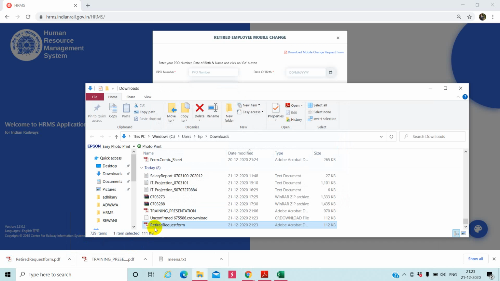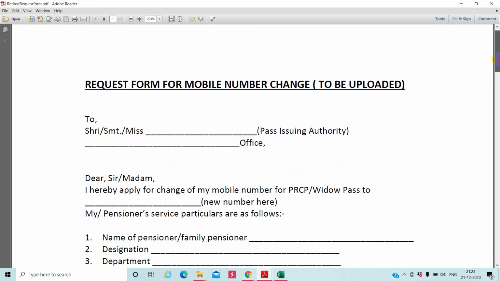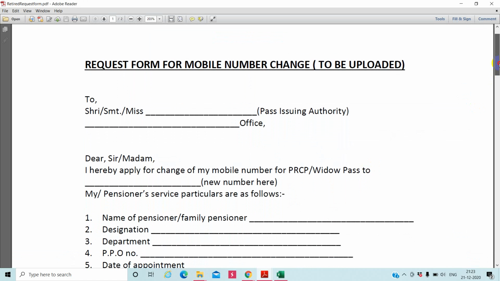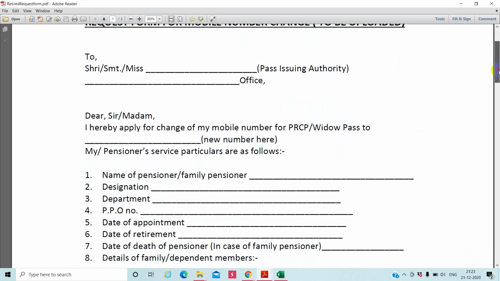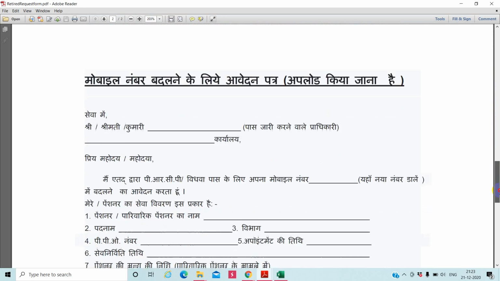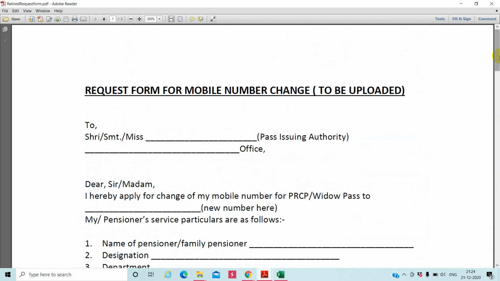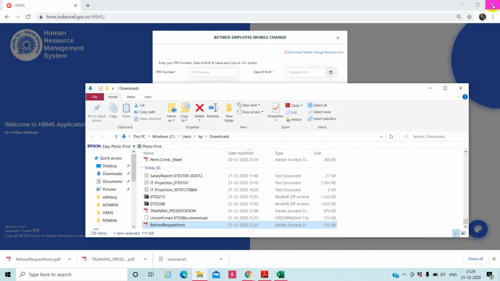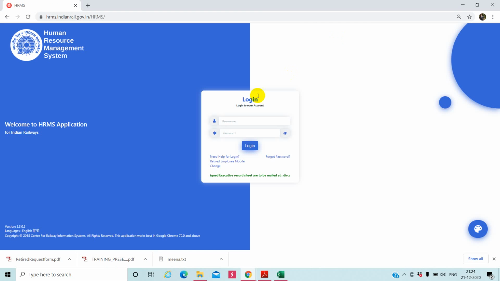This is the retired employee's request form, a very simple form for mobile number change, only for the purpose of issuing a pass to the retired employee. At a later stage I will tell you briefly how to change the mobile number of the retired staff. Now we are going to concentrate on the office order module of HRMS.